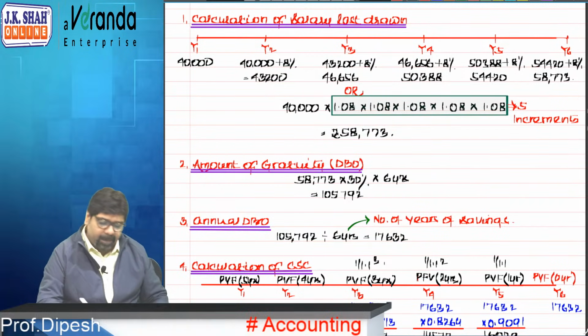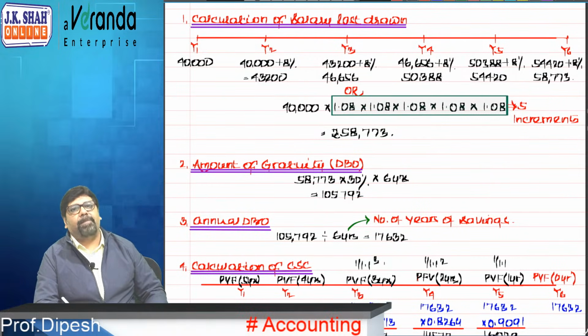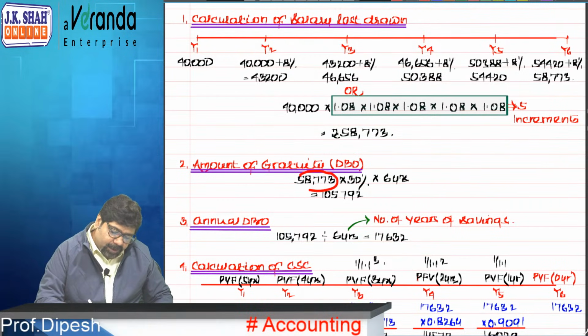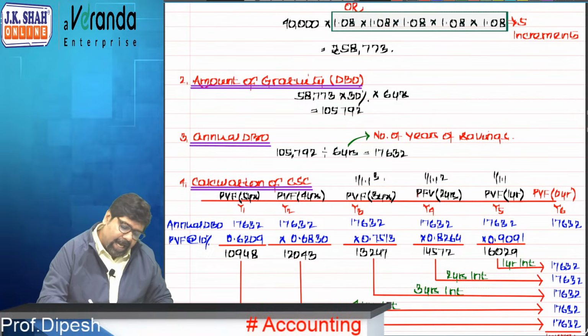Now gratuity will be salary last drawn into 30% for each completed year of service. How many years of service completed? 6 years. So salary last drawn into 30% into 6 years. This is the amount which I have promised him that I will pay on retirement. Correct? Annual DBO